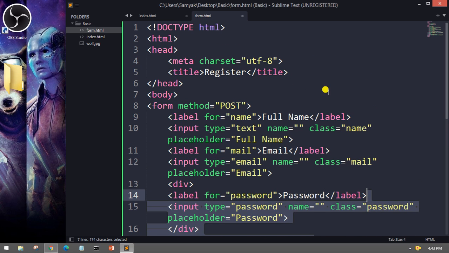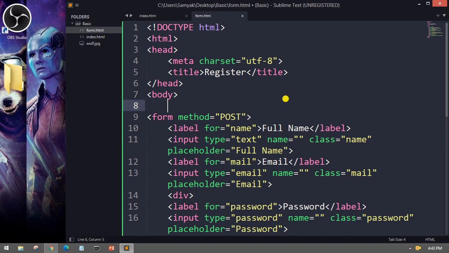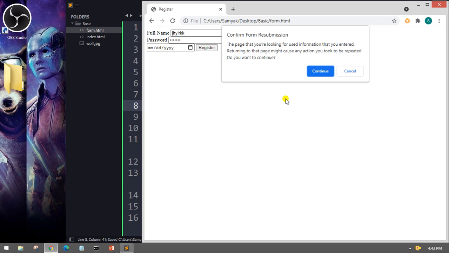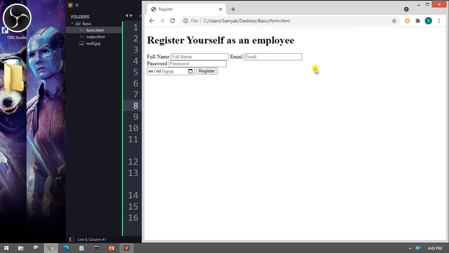Now this is looking quite plain, so we'll also add text here. So inside this body we'll add an h1 here, which will say register yourself as an employee. So you can write anything you want. Okay, you can give it a location. Okay, we can click on the confirm, and there you go, we got register yourself as an employee. Now you can keep icons there,